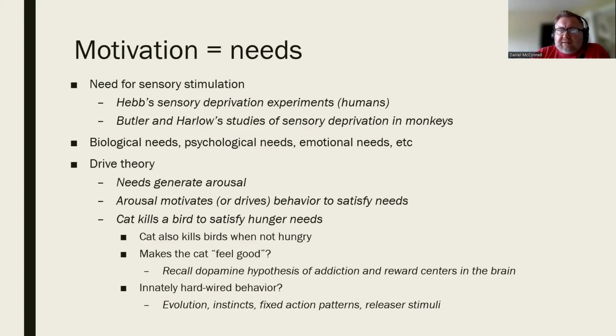When we talk about needs, we can talk about the biological things we might bring up here, but we could talk about other needs, psychological needs, for example. There's something called self-determination theory that tells us that all humans, at least in theory, have a need to feel autonomous, a need to feel competent, and a need to feel connected to others. And so in that case, we could have a psychological theory of motivation that explains that certain people make certain choices in order to satisfy those needs for autonomy, competence, and connectedness. We might also even have emotional needs, right? We want to feel loved by others and seek out the company of others.